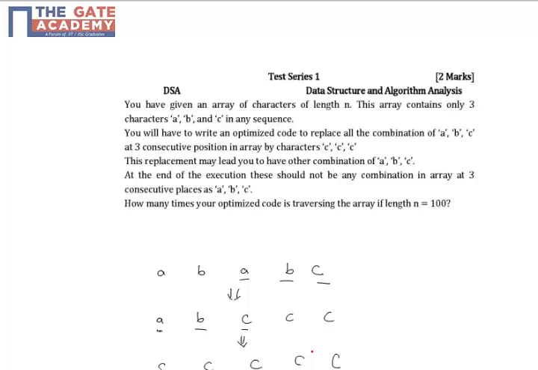So this way you will have to replace all the combinations of A, B and C on consecutive locations by C, C, C, and now you will have to tell, if you write an efficient algorithm to do this operation, what will be your traversing length, or how many traversing comparisons you will do, or how many times you will traverse the complete array so that these ABC combinations will be replaced by C, C, C. So this is the question they have asked, and my solution says that,